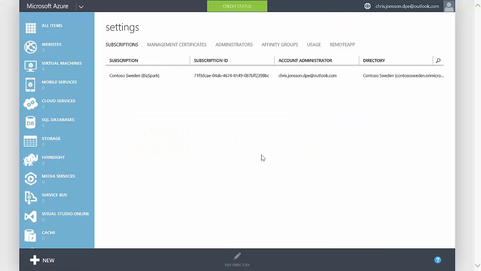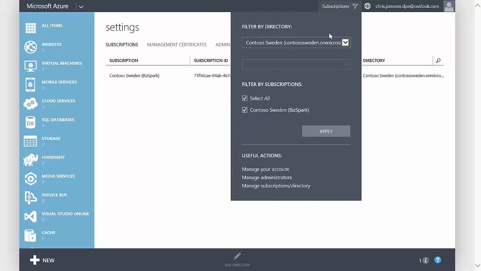So what we can do now is go back to Chris Johnson's browser session with Azure and refresh. What we need to do now in order to move the other subscription over to this same Contoso Sweden directory is go up to the subscriptions tab, open up and see that indeed